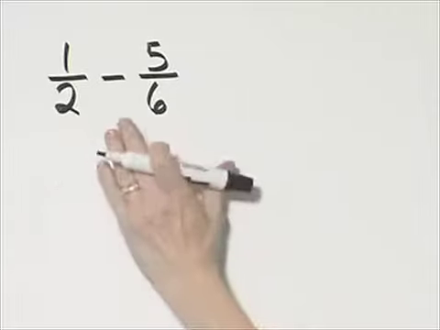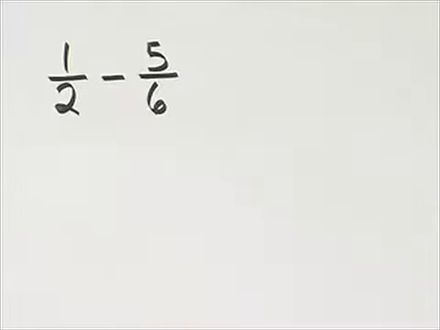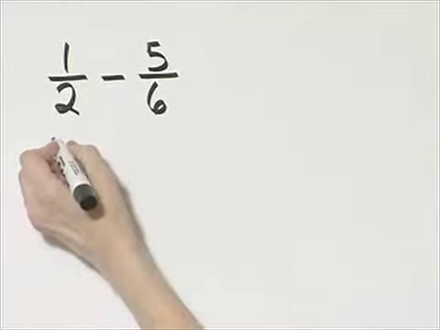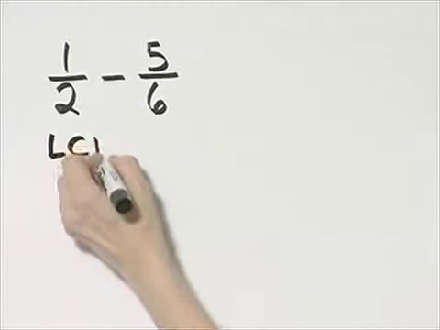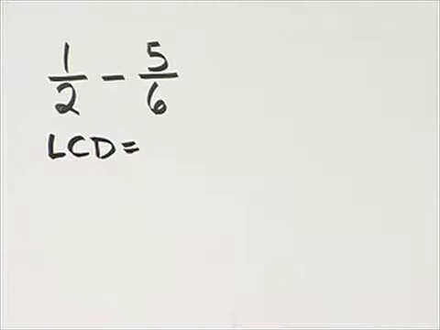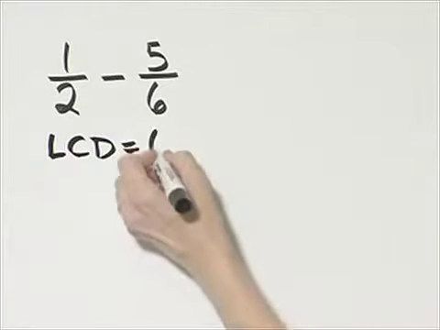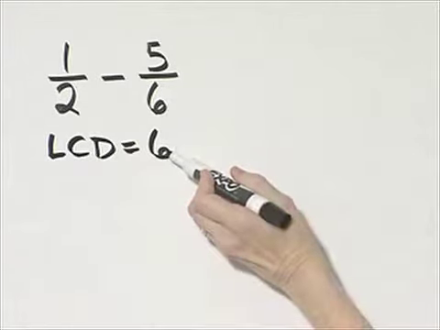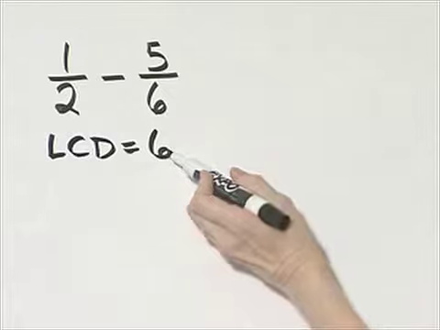Notice in this example we are subtracting fractions. To add or subtract fractions, we need to have the same denominator. So let's first decide upon the least common denominator. The least common denominator is 6 because 6 is the smallest number that this denominator divides into evenly and this